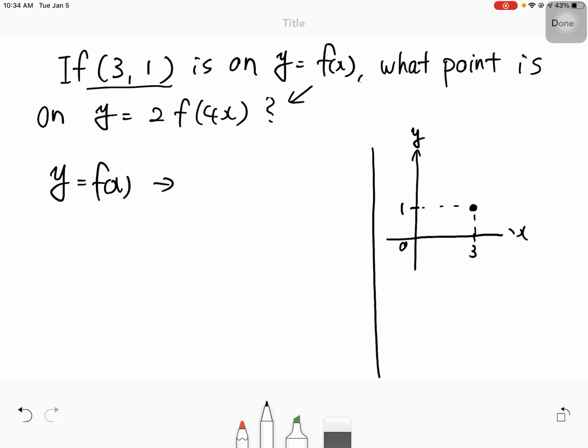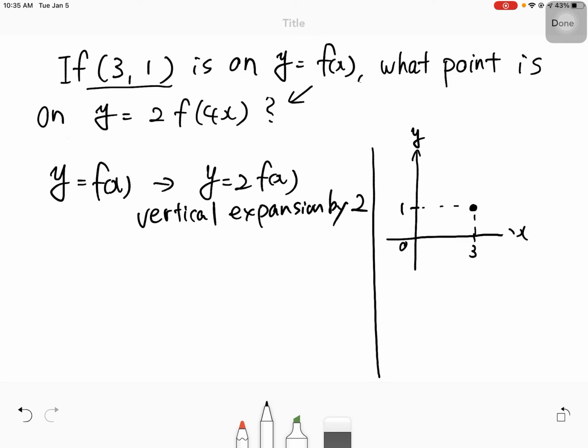So first, let's transform from y equals f of x to y equals 2 f of x, which is a bit similar to this graph. Do you remember, if there's a value in front of f of x, I mean if some value multiplies f of x, this means vertical compression or expansion. And this value is 2, which is bigger than 1, so it is vertical expansion